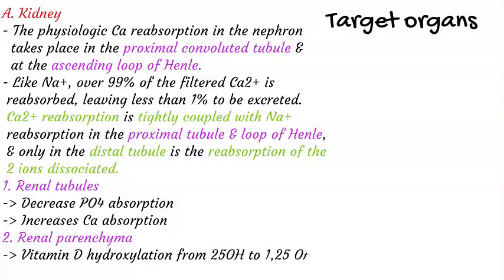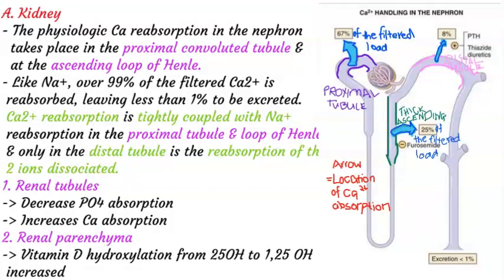One, in the renal tubules, there is reduced phosphate absorption and increased calcium absorption. Number two, in the renal parenchyma, vitamin D hydroxylation occurs from 25-hydroxy to 1,25-hydroxy. This picture illustrates the calcium handling